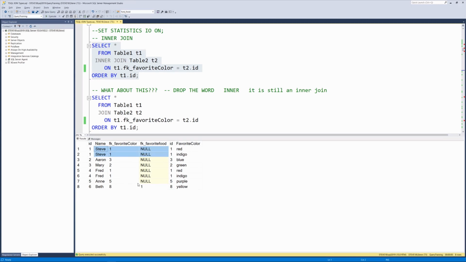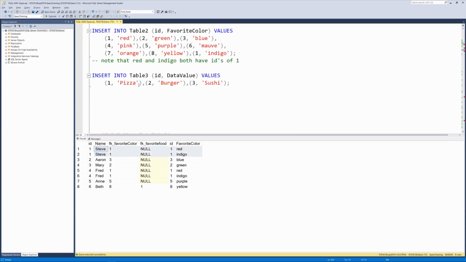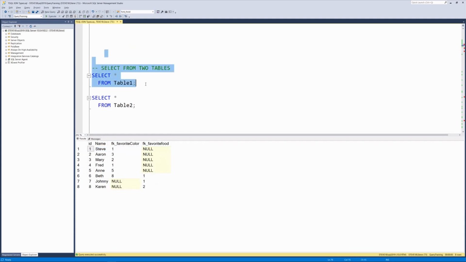So some people look at it and say, well, I've got exactly n rows that are a match. Why am I seeing more than n, the number of rows, showing up in the result set? Sometimes they'll match on multiple things, like the red and indigo being shown there on the join. What you also notice is there are a couple of people who got left off from that original list. If we scroll back up and take a look at table 1, we can see there's Johnny and Karen down here at the bottom who don't have a favorite color. Their favorite color is null. They got missed when we did the inner join because there's no way to link them up with an inner join.